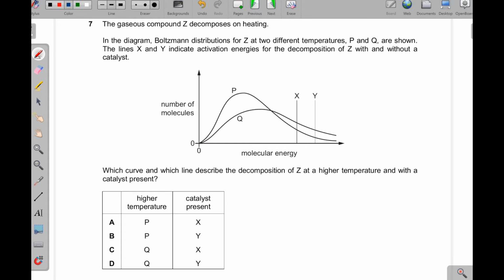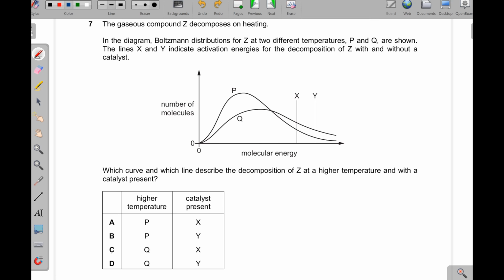So for that case, Q is the one when you increase the temperature. Are we there? They are saying higher temperature, so it has to be Q. So we have to look at C and D. Okay. Now a catalyst increases the rate of a chemical reaction by providing a pathway with a lower activation